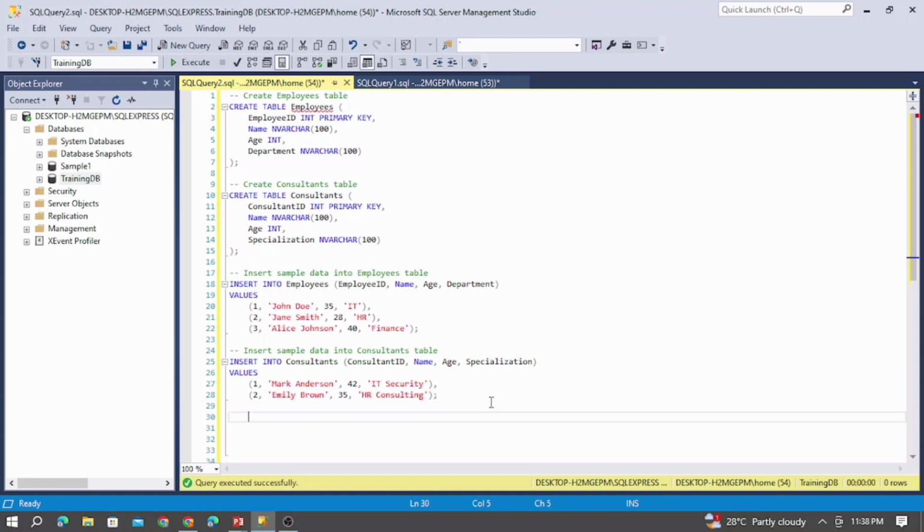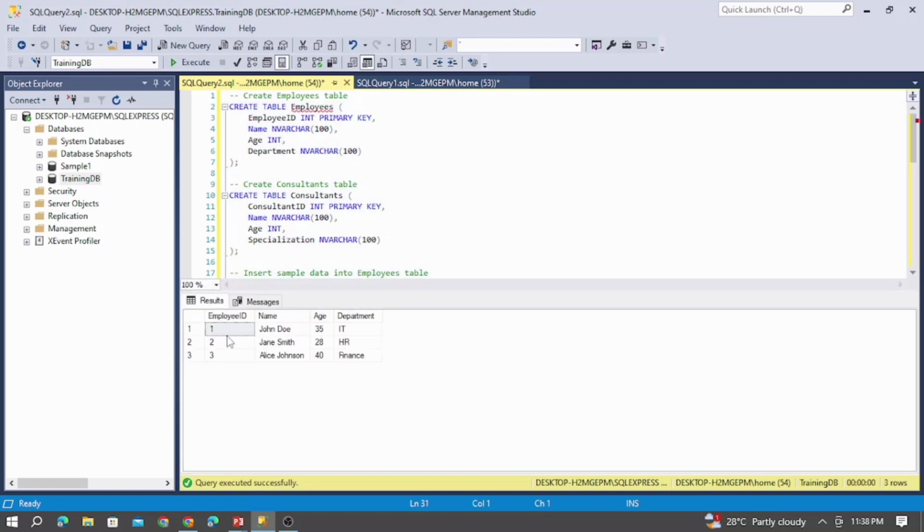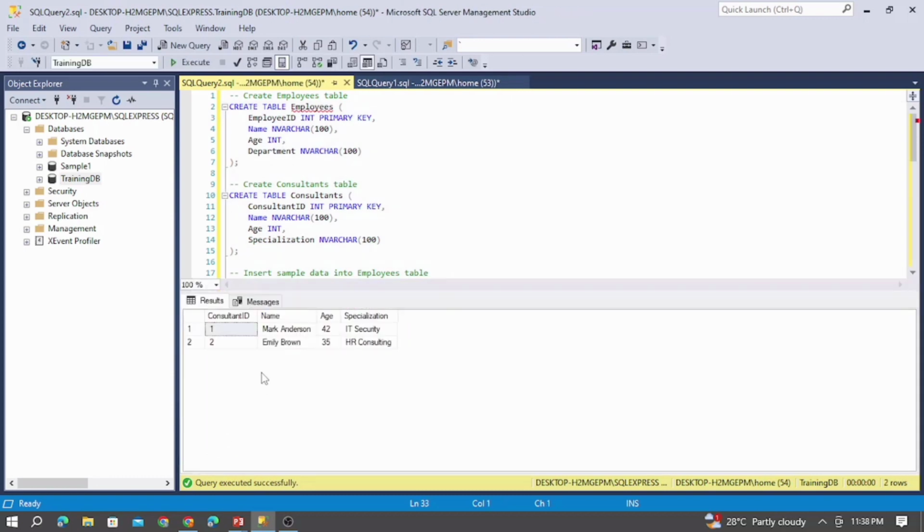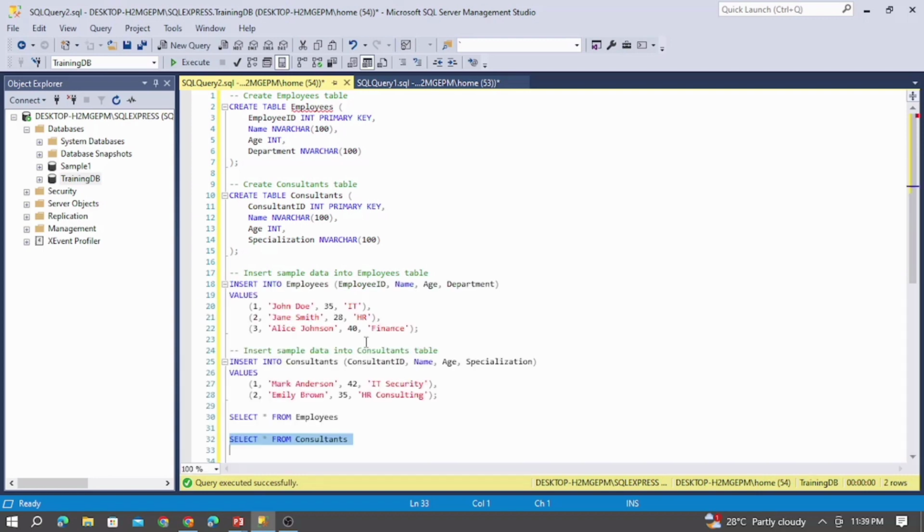So now let's select both the tables. Select star from the employees. You can see the employee ID, name, age and their department. So let me copy this, paste it here, and now let's select this consultants table. This too has the ID, name, age and their specialization. Now I need to